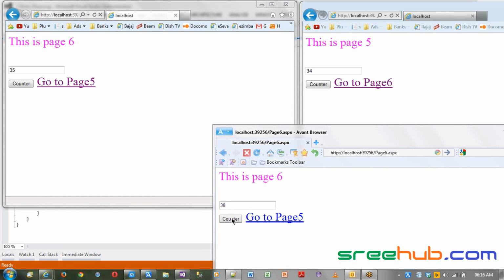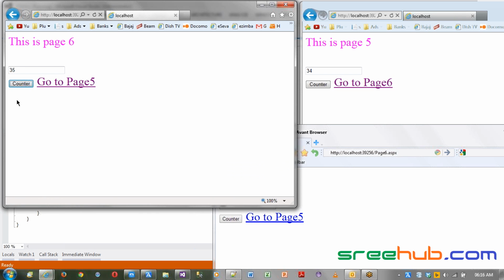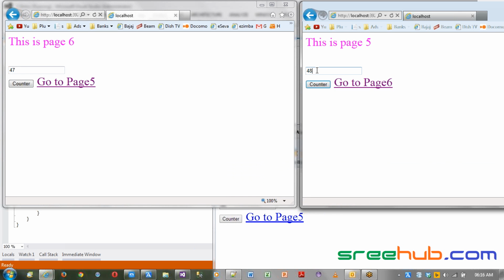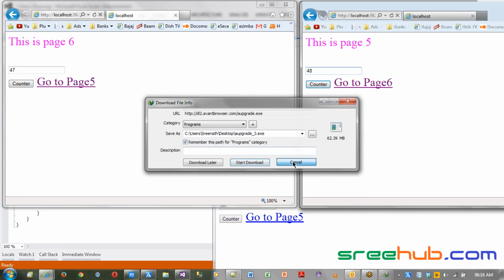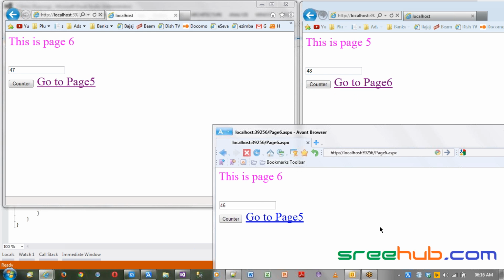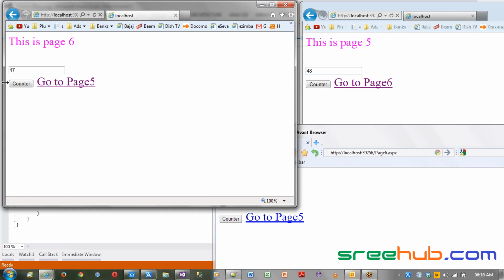Click on the counter, and you can see I'm increasing the counter here. Now the latest counter is 46. Go back to any page and click, and it's 48. Which means what is happening here is your application state will always be the same across your